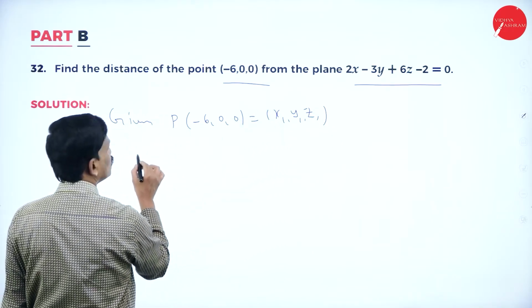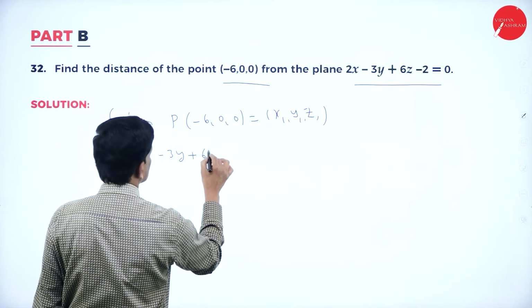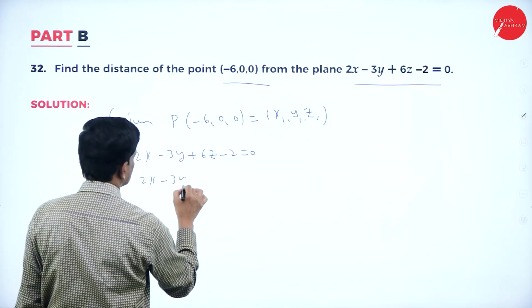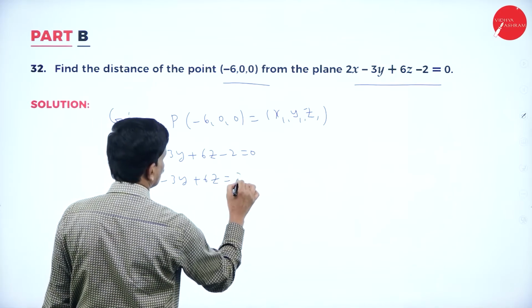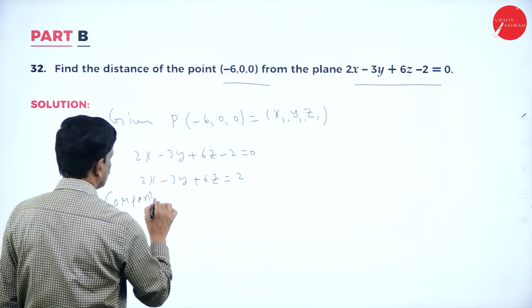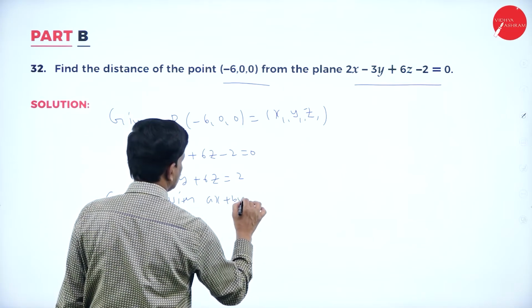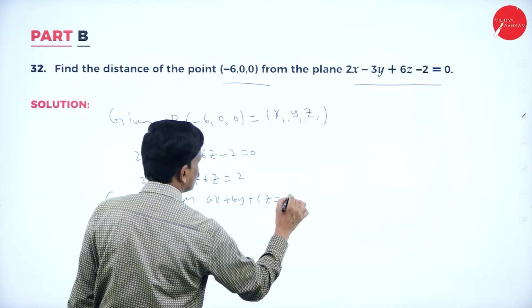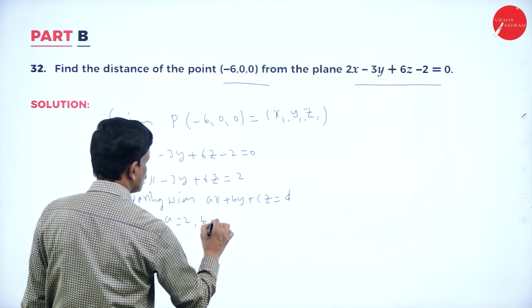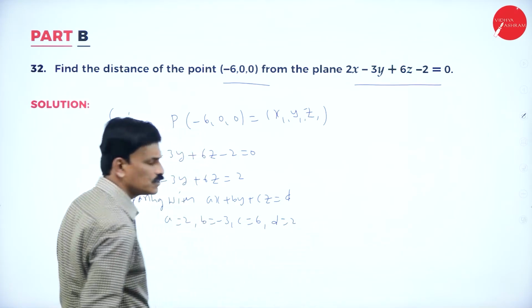Now what is the plane? 2x minus 3y plus 6z minus 2 is equal to 0, that is 2x minus 3y plus 6z is equal to 2. This is of the form ax plus by plus cz is equal to d. Now what is a here? a is 2, b is equal to minus 3, c is equal to 6, and d is equal to